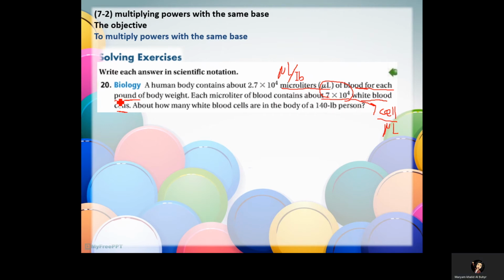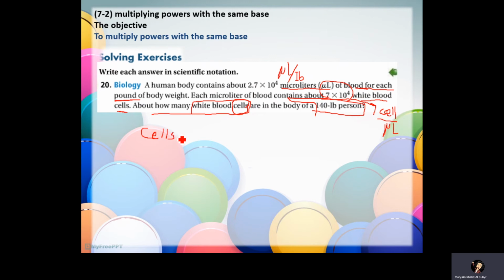Then about how many white blood cells? I mean, I need to find the cells in the body of a 140-pound person. So what am I going to do to figure this out? I need to find the cells. Am I right? So, cells,